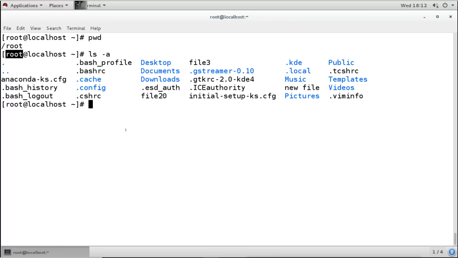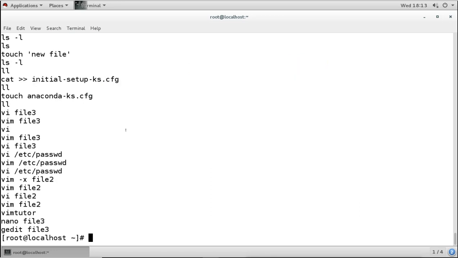Now if I open the file with the cat command, cat .bash_history, the last command it shows here is gedit. But what is exactly the last command when we run the history command?